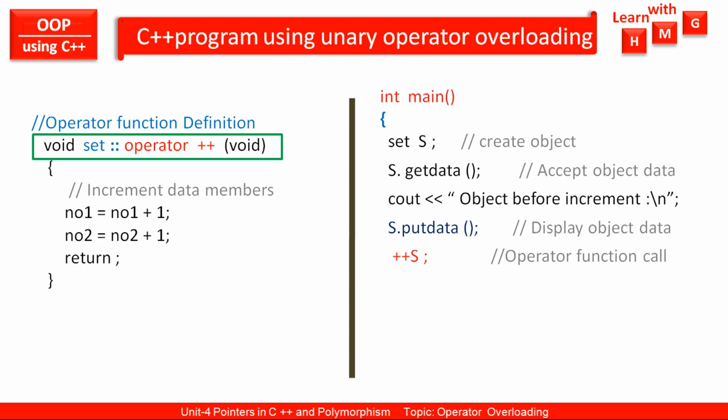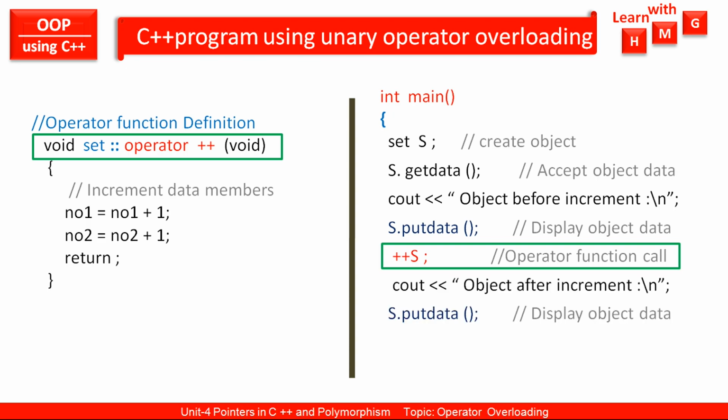Now let us display the object after increment. Here the object after increment is displayed using the putdata function. The putdata function is called using the s object as s dot putdata. So it will display the object data. Return 0, end of the main function. So this is a simple main function in which we accepted the values for the object using the getdata function, then we incremented the object by calling the operator function, and then we displayed the value of the object using the putdata function. If you run this program, you will get the output like this, that is, enter two